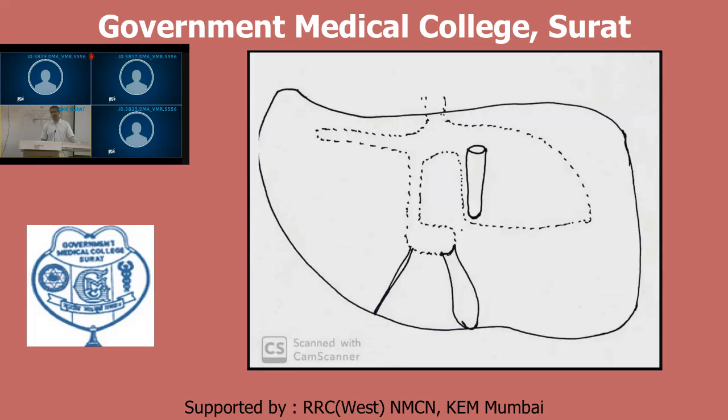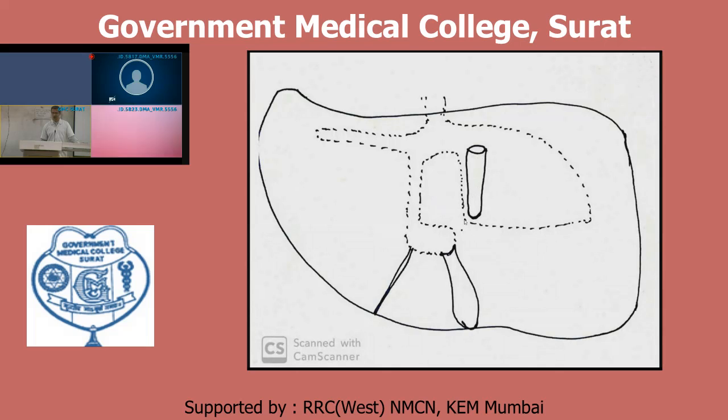This area is the caudate lobe of the liver, indicated by the arrow. On the right margin of the caudate lobe, there is attachment. Trace it towards the left, and it will follow the left margin of the caudate lobe